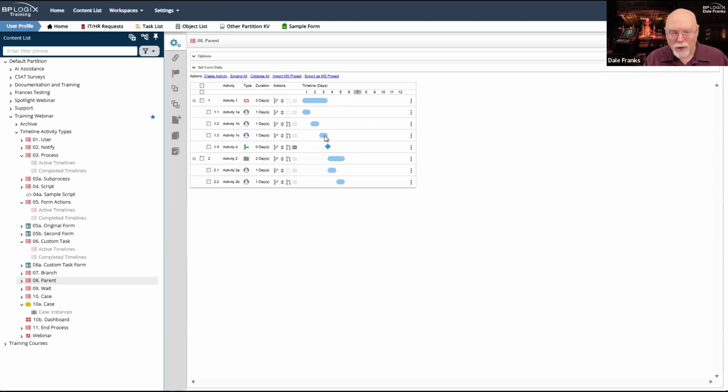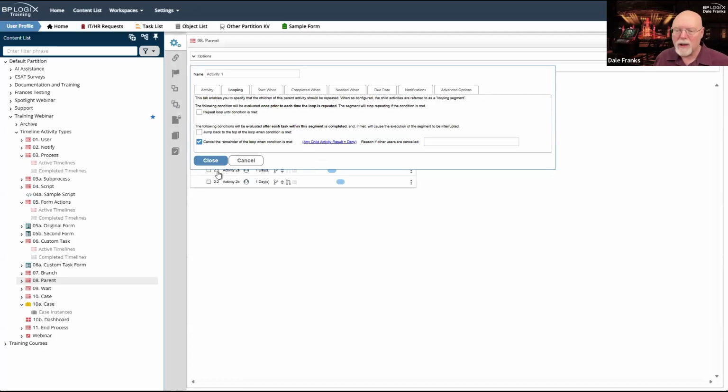All of your approvals should probably be in a sort of loop like this, even if the only condition that you set, which was the only condition that I had originally set for this one, is cancel the remainder of the loop when the condition is met. Because if somebody says deny, this is not happening, your request is denied. There is no reason to go through 10 remaining approval steps if it's already been denied.